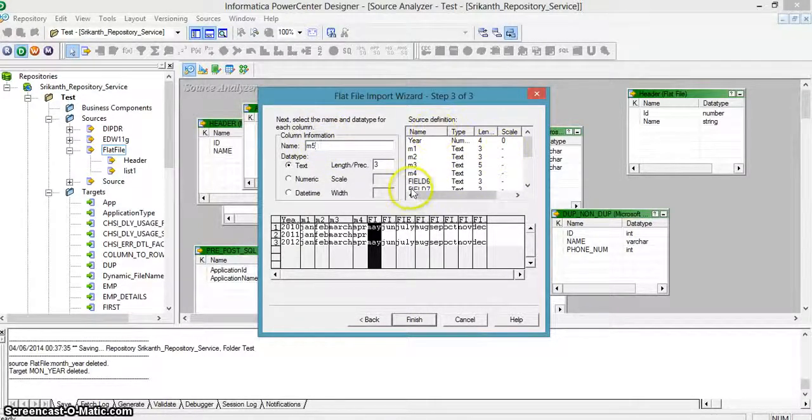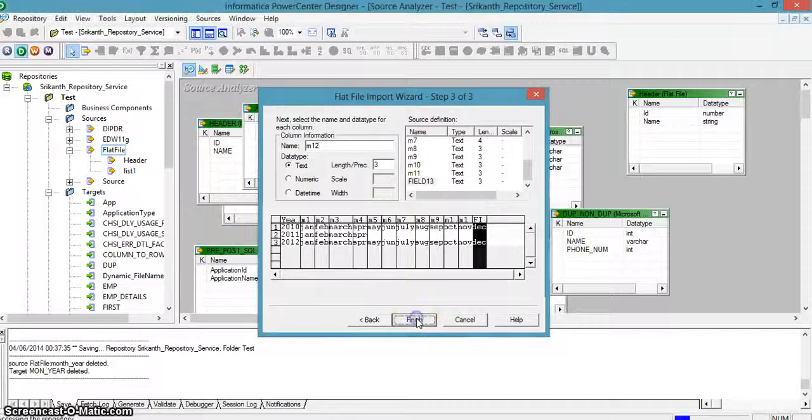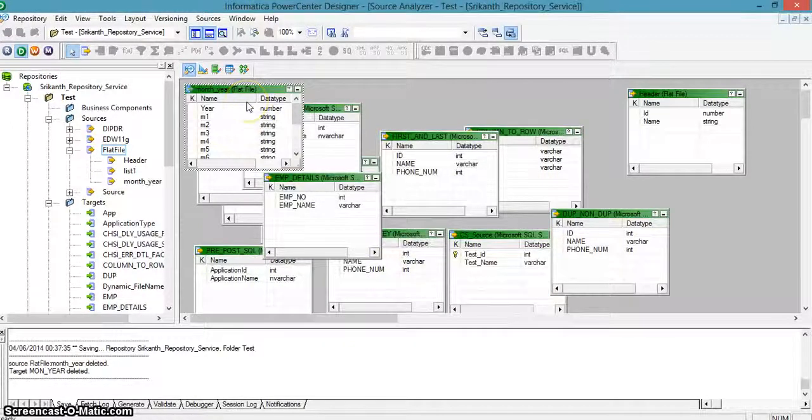Like this, for each and every month I am giving a separate value: M6, M7, M8, M9, M10, M11 and M12. So I have created a source.